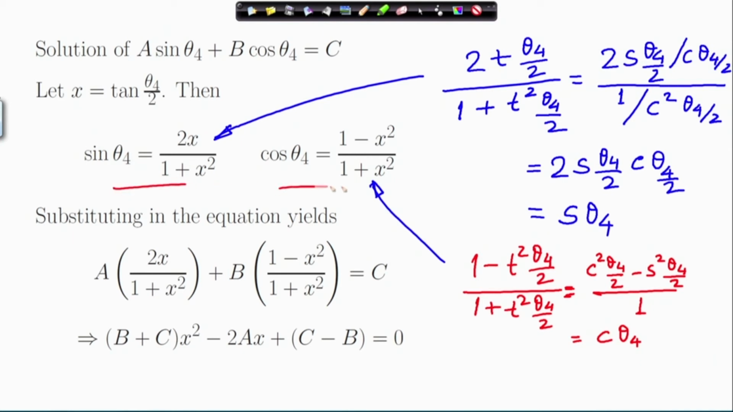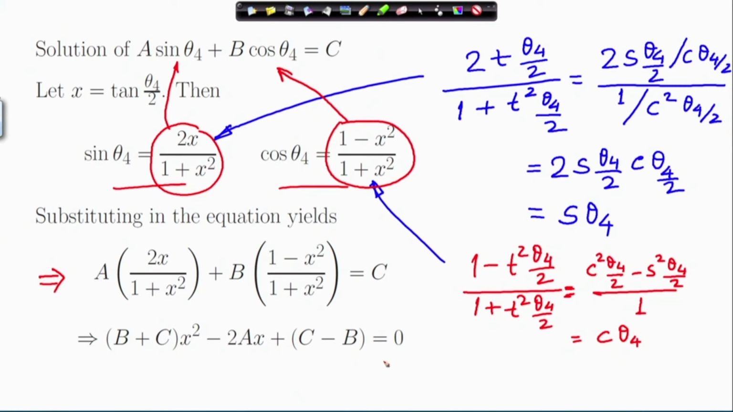So, we have looked at these two expressions. Now, if I substitute this in place of sin theta 4 by 2, and this expression in place of cosine theta 4 by 2, then I get this equation, which I can simplify. This is a very easy step, I leave it to you to show that you get this quadratic equation in